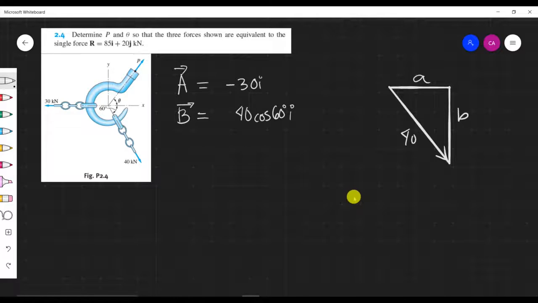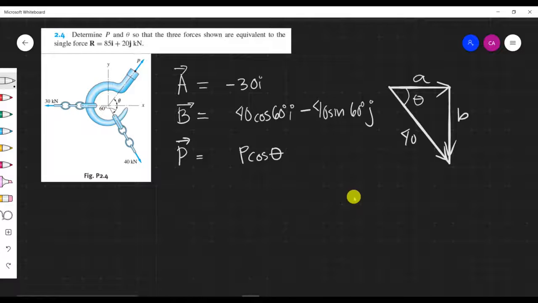So ito yung 40. Kailangan kumanan, tapos downward pababa. Ito yung angle. Ibig sabihin nun, A is 40 cosine 60 i minus dahil pababa, so 40 sine 60 j. Now, last is P vector, which is equal sa P